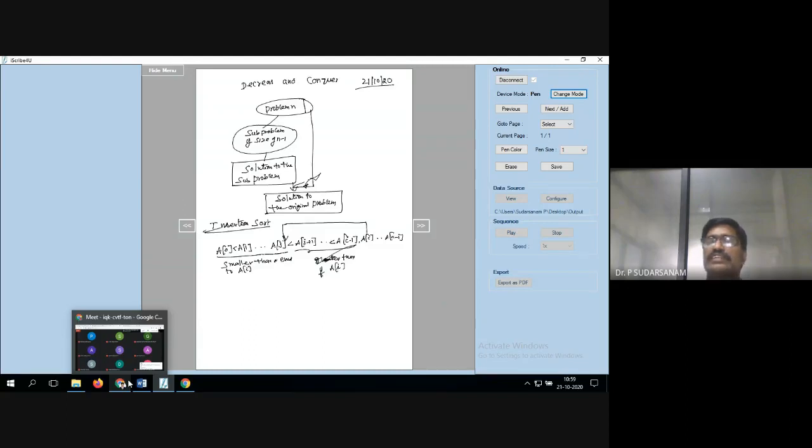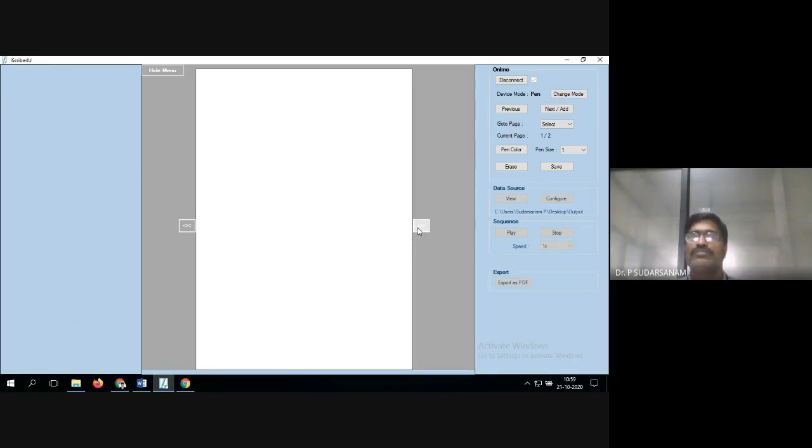So once again I'll tell you how the problem will be working. So I'll take the next sheet. So the entire problem, let it be in one page only. So take it here. Write the values.